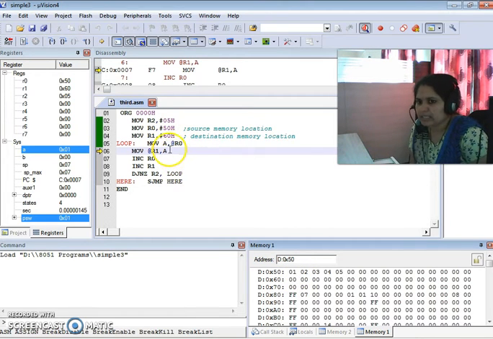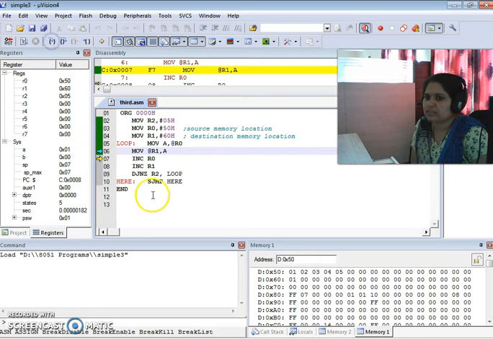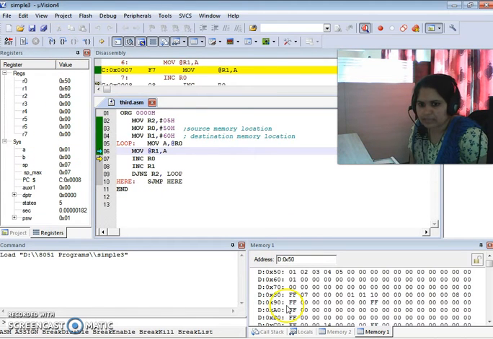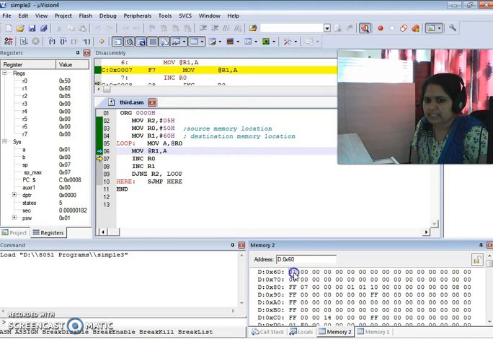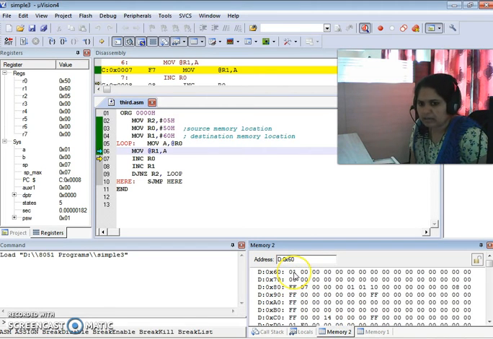Now what is the next instruction? Accumulator contents are transferred to R1, which means to the 60H location. So I will just execute the instruction. Now the accumulator is 01 itself. Now we will check the 60H location. Now see, at 60H location, the first content is available. In this way, from 50H location, the data is transferred to 60H location. So this is called memory transfer.